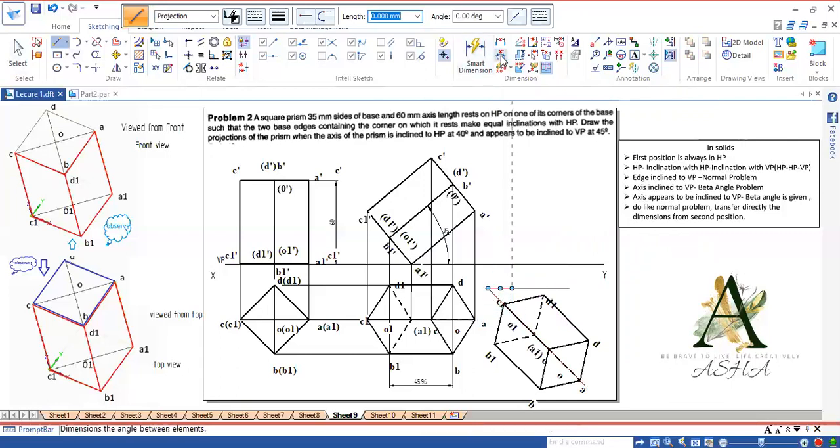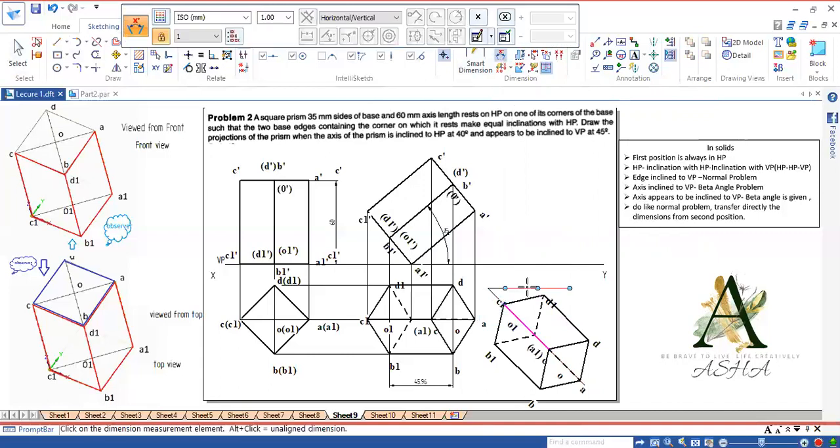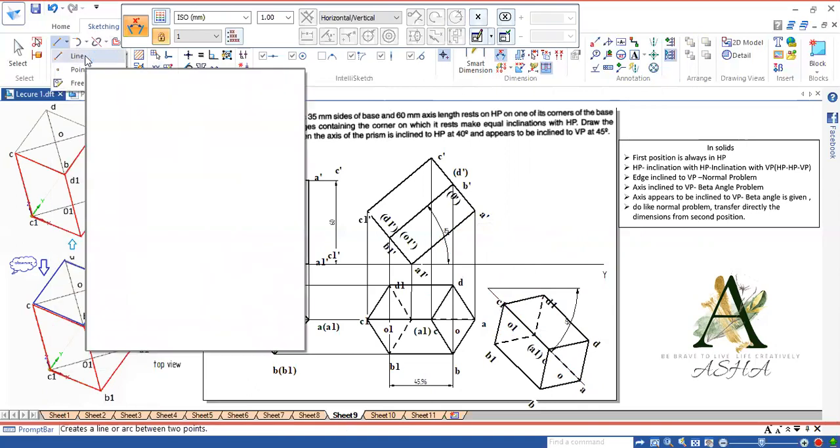You can show the inclination. It is 45-degree. Now get the final view.